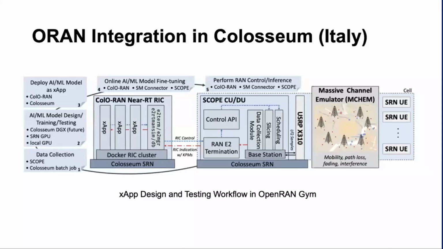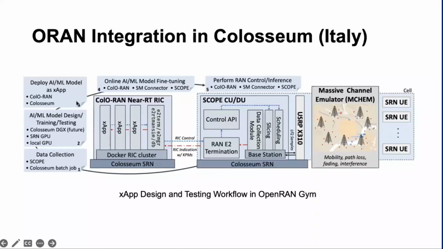So you can see here clearly the feedback mechanism. From the data collection in your base station, you can identify the possible input features that you will use, such as for scheduling, slicing, and the data collection module. And then from that, you build your AI. That's the next step, AI/ML model design. Of course, you perform training and testing of your model. And then once you get your desired accuracy, you now deploy it to your xApp.